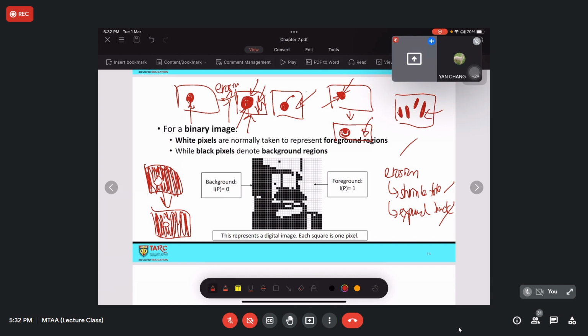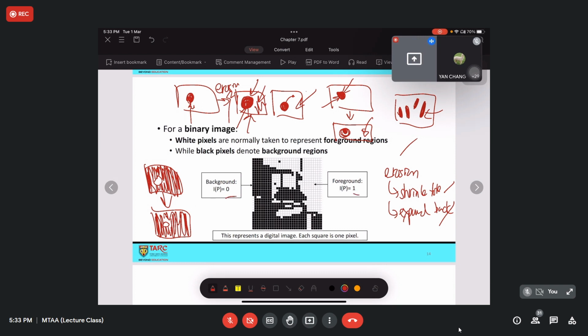So it's important for you to know what is foreground and what is background in your software, especially in MATLAB, when you are using these to process. For a binary image, white pixels are normally taken to represent the foreground, while black pixels denote the background. Always double check this one, because this may not be true for all different kinds of software. So the foreground would be one, which means white pixel, and the background would be zero, which is the black pixel.